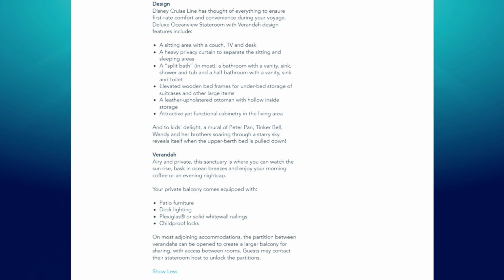One additional thing to note related to design, it speaks here to the fact that kids delight. A mural of Peter Pan, Tinkerbell, and Wendy and her brothers soaring through the starry sky reveals itself if you have that drop-down bed from the ceiling. So that's pretty cool. We didn't have it coming down, but that's what they would see if that is dropped